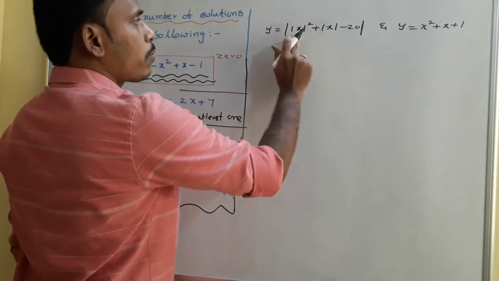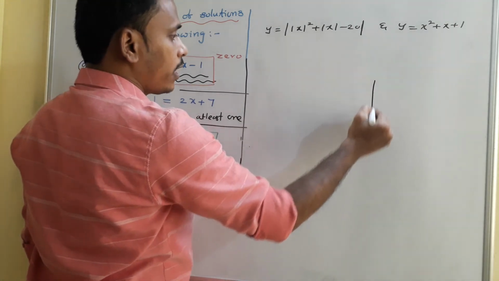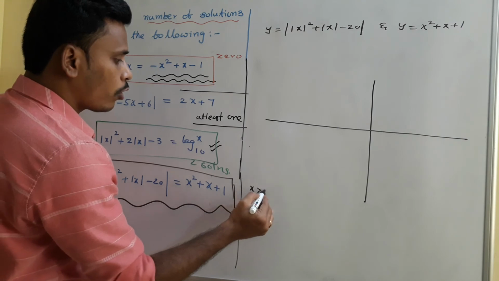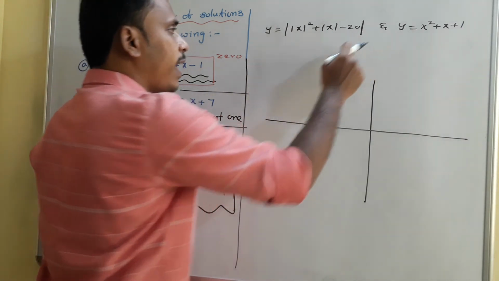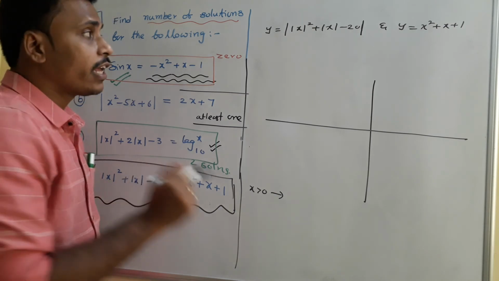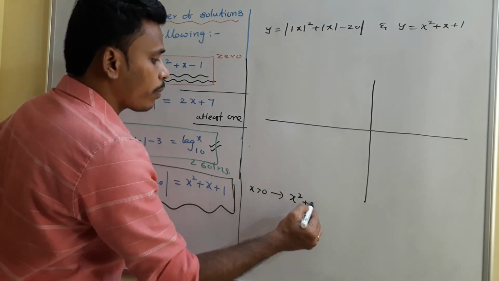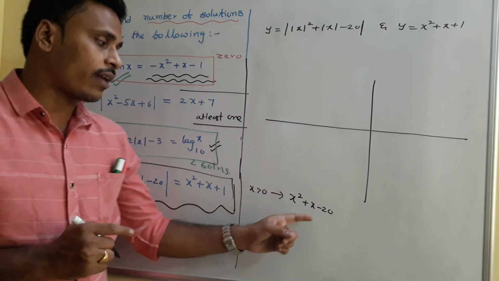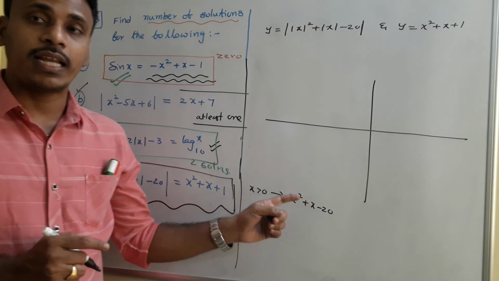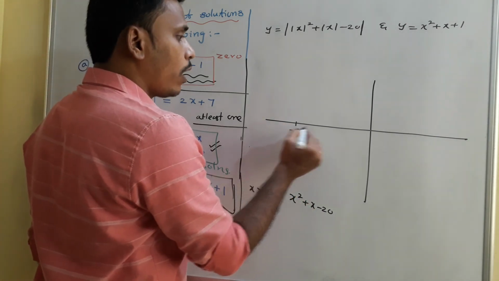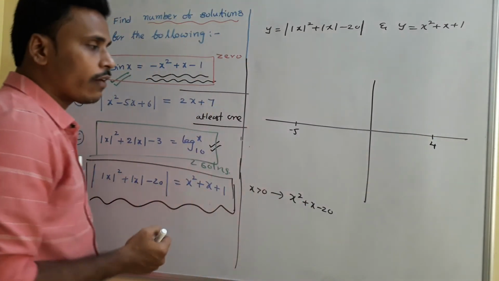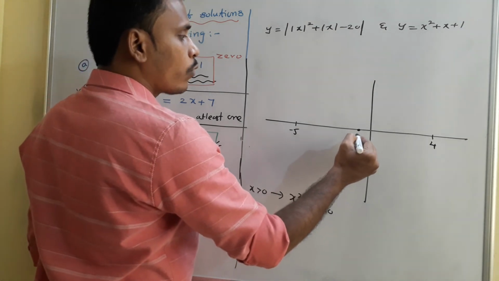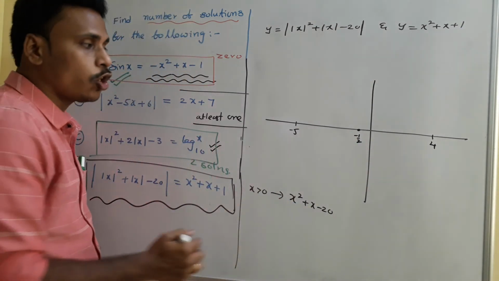Okay, so to sketch this inner one first, mod x square plus mod x minus 20, again we need to think about x positive and x negative. If you feel any difficulty in sketching these graphs, you just revise the previous classes as I mentioned. If x is positive, this is x square plus x minus 20. So for x square plus x minus 20, the roots are what? This I can write as x plus 5 into x minus 4. So minus 5 is one root and 4 is another root. And the peak point is at minus 1 by 2. When you replace x with 0, you will get minus 20.